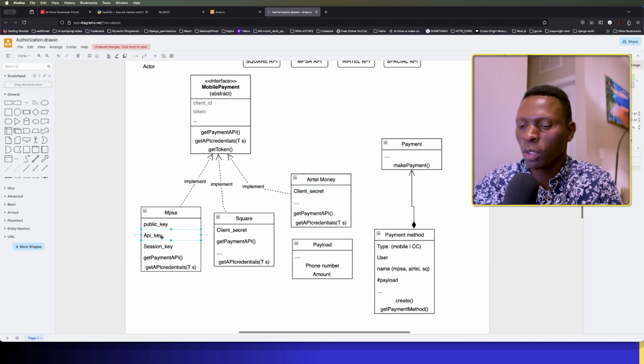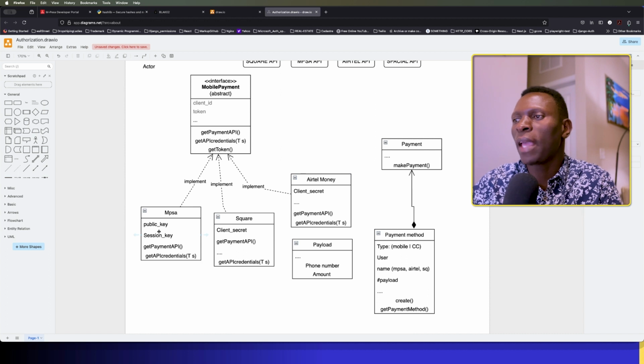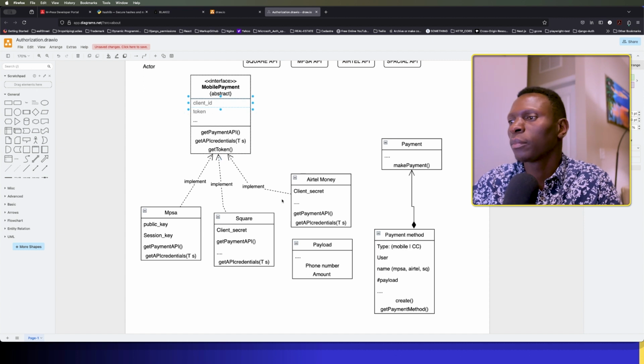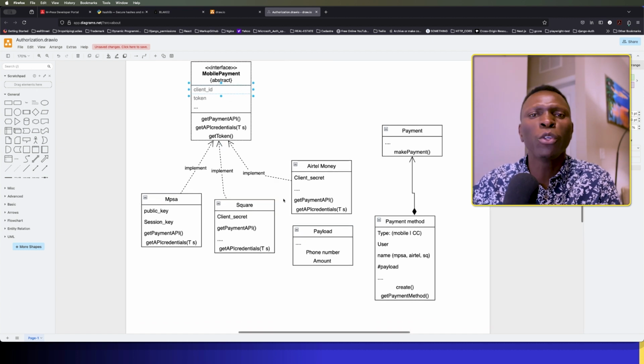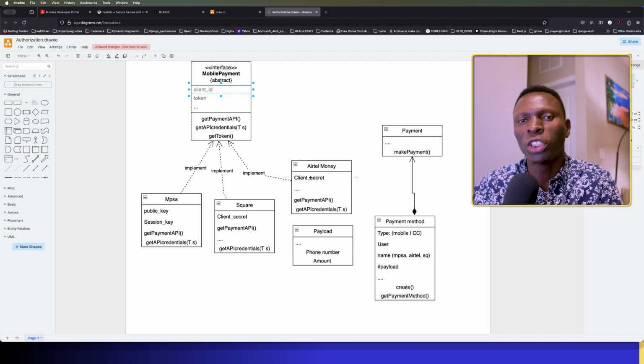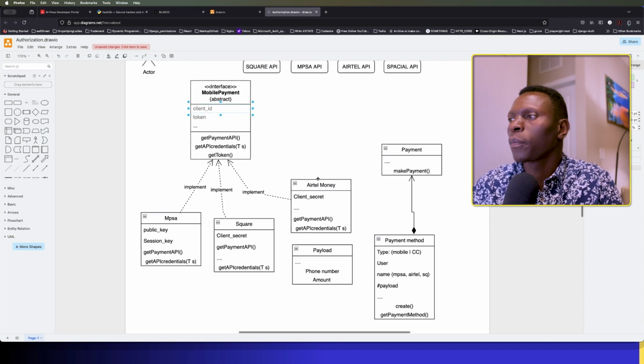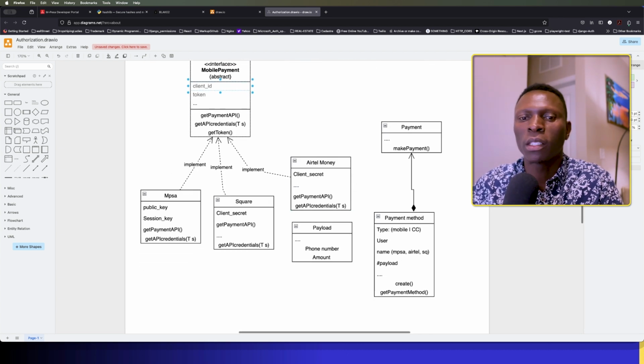This one has to be removed. The API key is the client's ID. Okay, the client's ID or the API key are the same. Even if they're using different concepts, when we are integrating we can also merge terminology as we are integrating that. Yeah, now let's go make some payments on